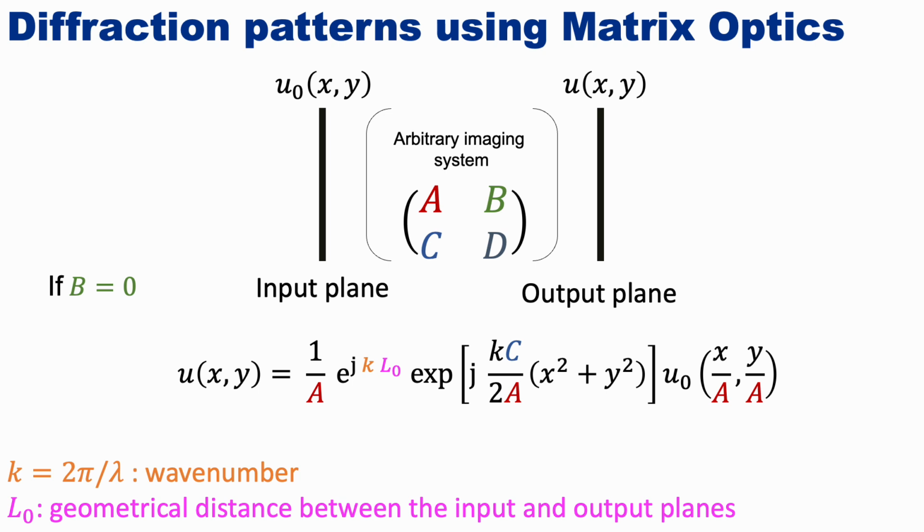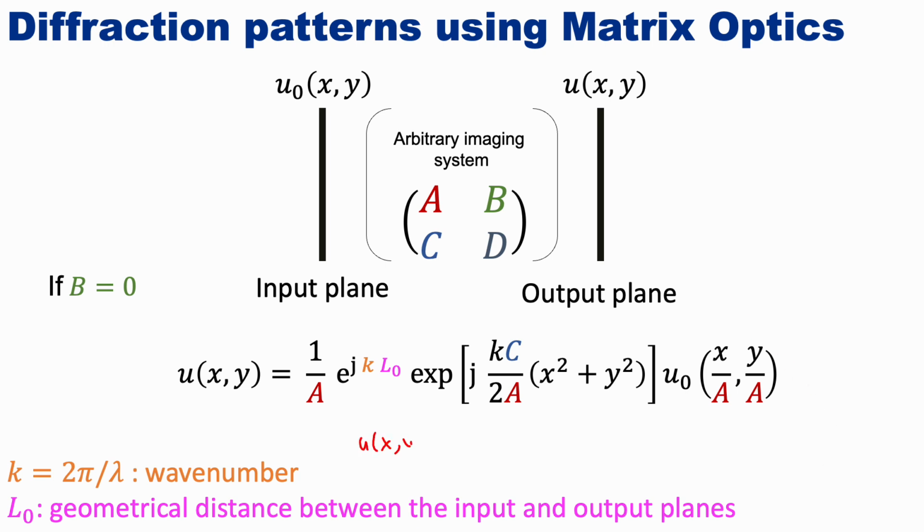All right, so let's see this in a simplified method approach. So let's assume that you have any arbitrary system that you have described with the ABCD matrix, right? And you know the distribution in your input plane, and you want to estimate your complex amplitude distribution in your output. All right, so what you need to see is you need to pay attention to your B value and find out if B is equal to 0 or different than 0. If B is equal to 0, then your complex amplitude distribution is gonna be,